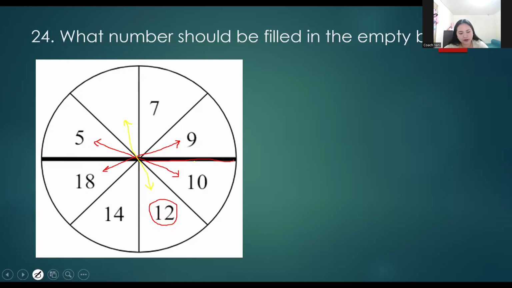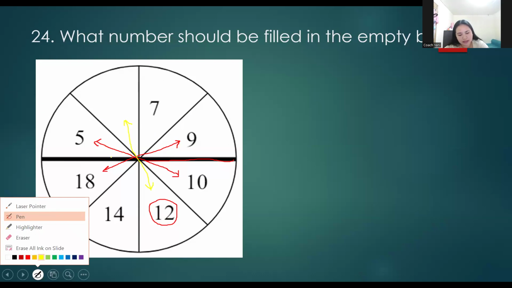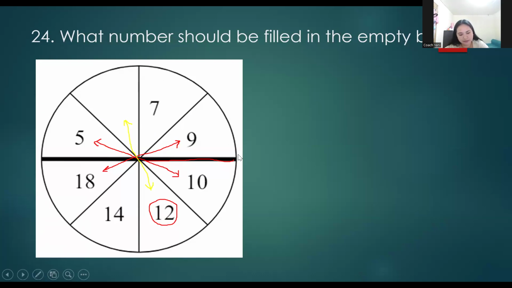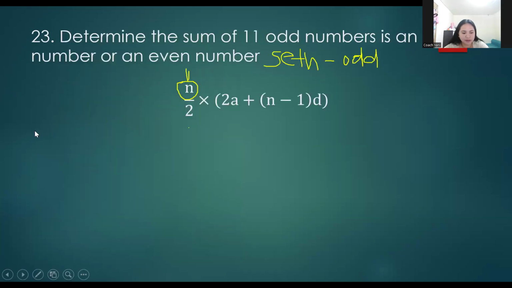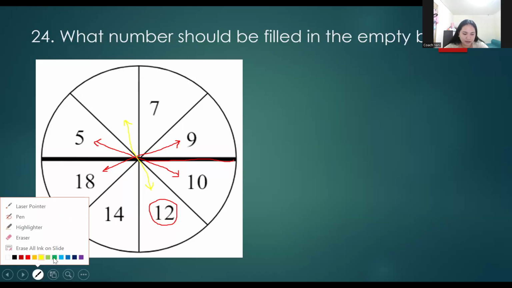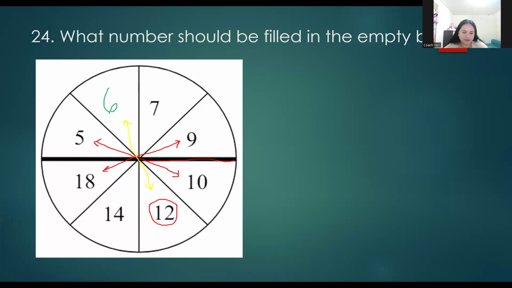Why is it not 24? Because as you can see, in the line above, do you see the dark line? In the line above, it gets doubled. Since the missing number is on the top of the line, it should be 6. It should not be 24. It could be 6 or 24, right? But it's not 24, since when it's doubled, it should be 12. So the answer here is 6. In problems like this, you also need to look at the figure itself and figure out what the patterns are.